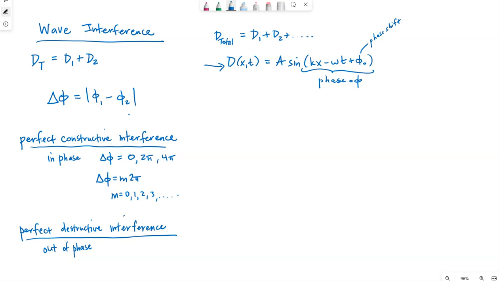And so when they added up to get the overall displacement was 0. We ended up with a delta phi. We wrote this generically as a multiple of 2 pi. But this m plus 1/2, using the same m values,